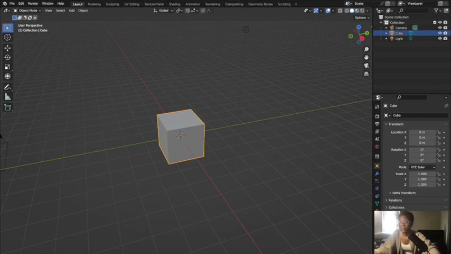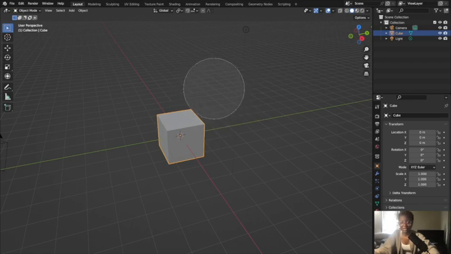and that's going to allow me to select this object or any object. And then you can also select by doing a box select like this. And to do that, you're just going to grab your left mouse and drag it like this to do a box select. You can also do a circle select by pressing C on your keyboard, and it's going to create a circle select